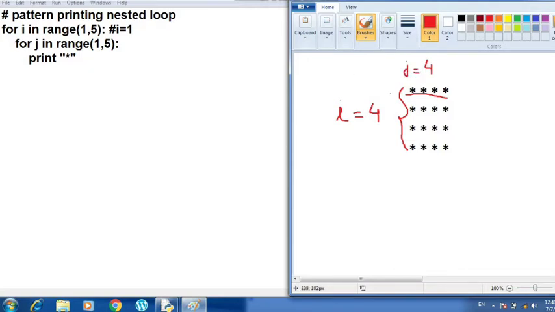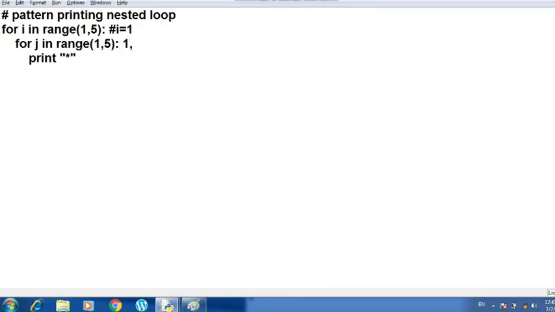So for the first column the value of j needs to be 1. Here you can see that the value of j is 1 because it is going to execute the loop from 1 comma 4. It means 4 times the loop will be executed, 5 will be excluded. So first time when the value of j is 1, the star is printed.